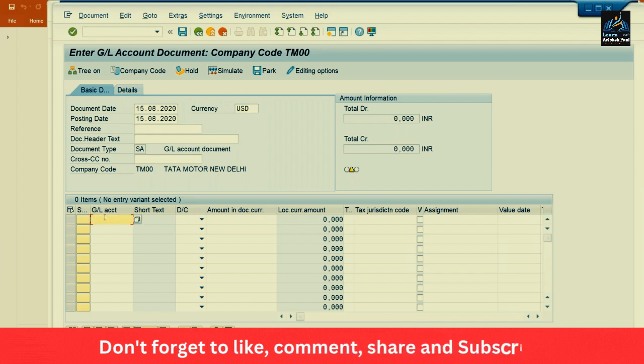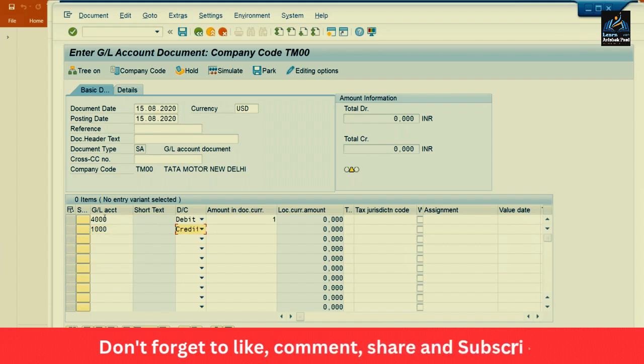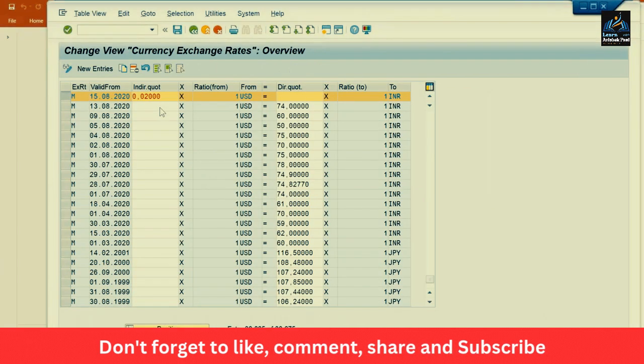And if I try to post this transaction in the account once again, 1 USD itself I'm going to give, and give a different account here, and if you press enter, you'll get the magic. It is showing 50. Why? Because it's the same thing, 0.02 USD equals 1 Indian currency. So 1 USD equals